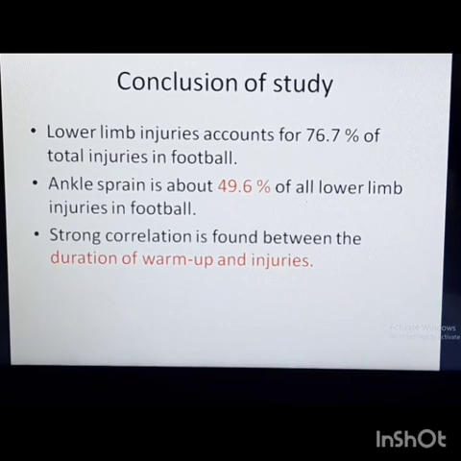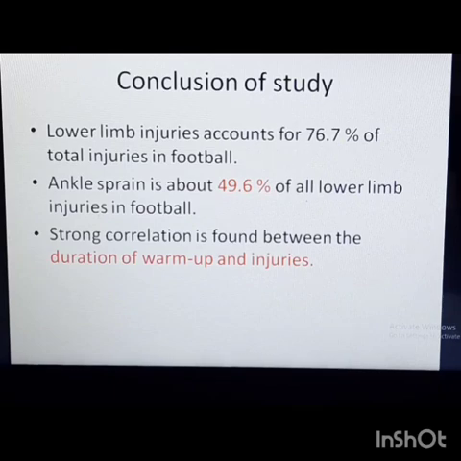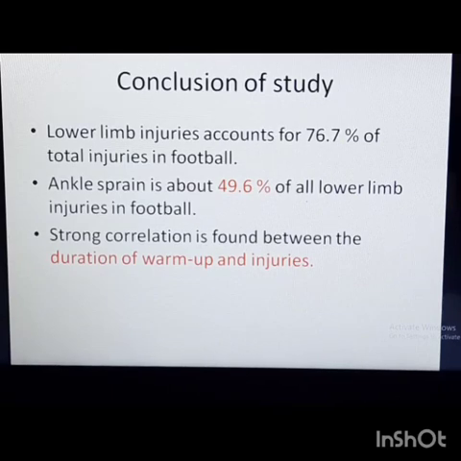That's around 50% of the total injuries happening in football is ankle sprain. And also they said that they found a strong correlation between duration of warm-up and injuries. If the duration of the warm-up is less, the chances of injuries are very, very high. So as a physio, as a trainer, we need to make sure that the players are getting adequate time to